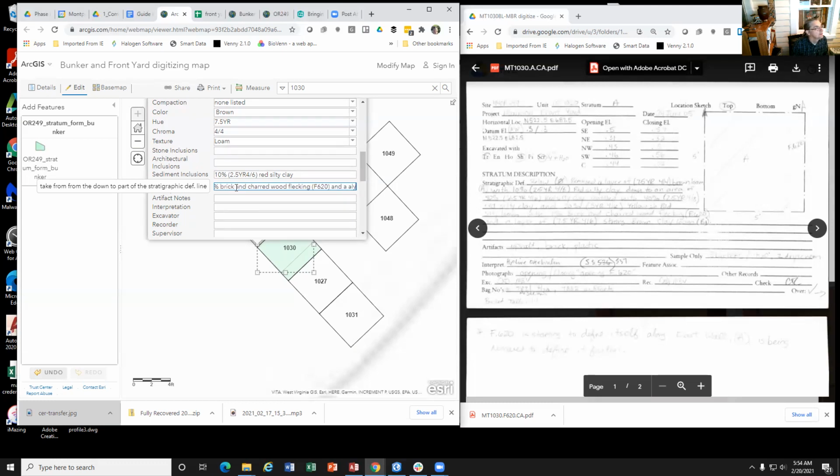And a layer of 7.5 YR 4/6 strong brown clay loam. And that's V1.